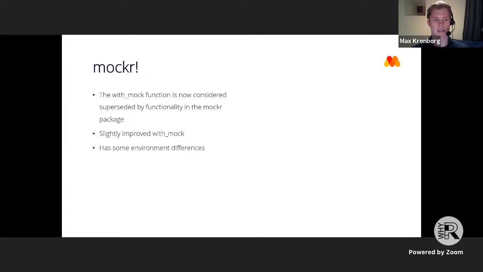What's then happened lately is that mockr is a new package that's been intended to provide just this with_mock function in a slightly better way than testthat, because it was called experimental, or there were some potentially unknown functionalities in it, and there are some environment differences as well.